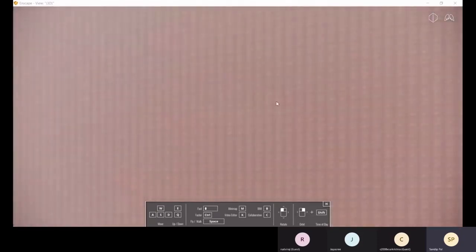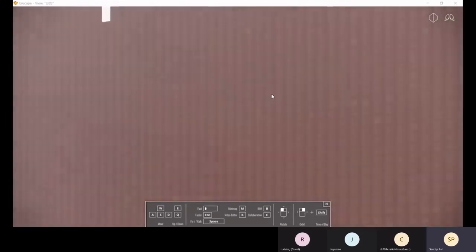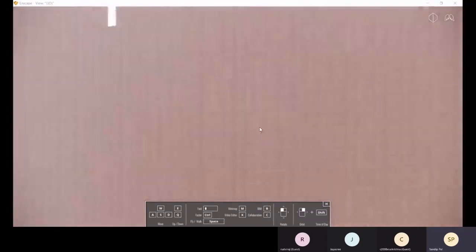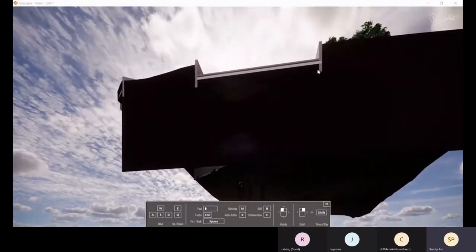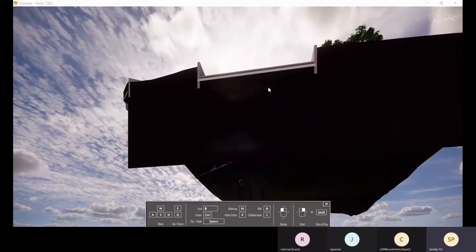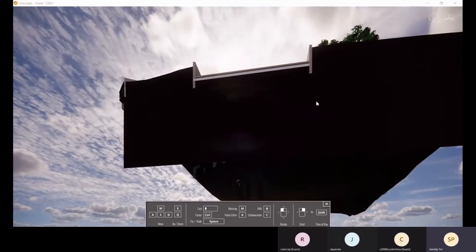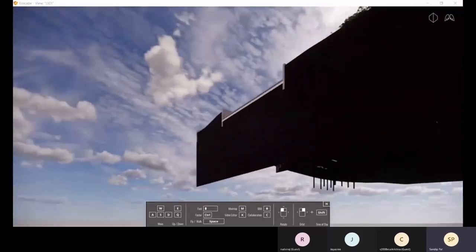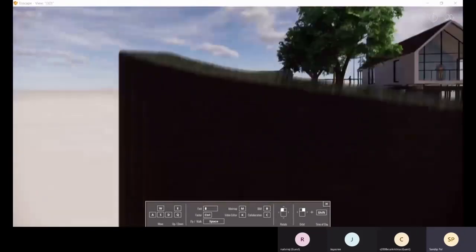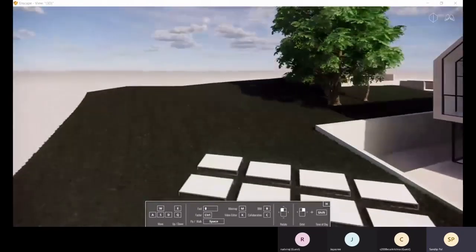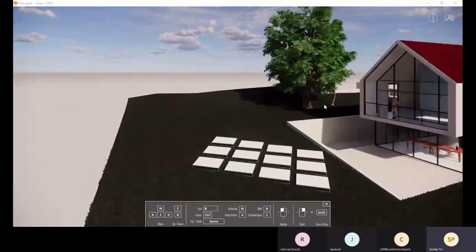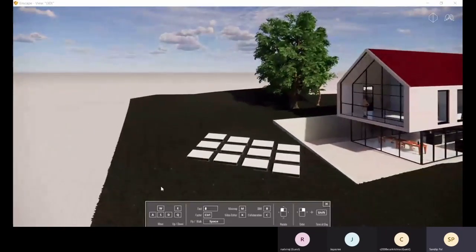Generally we walk more on the ground. Okay, so there you can see like that. Again, if you press space bar, you can switch it. If you want to orbit around, hold your mouse right key and orbit around. Okay, and with the scroll button you can zoom in and zoom out.